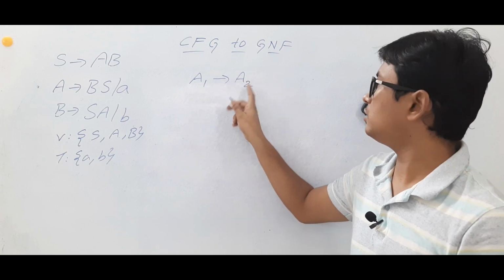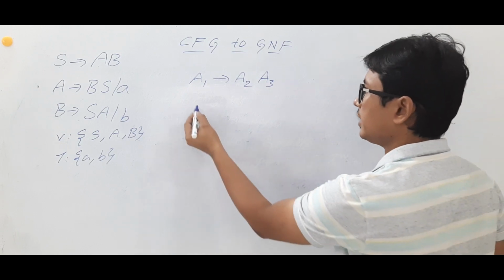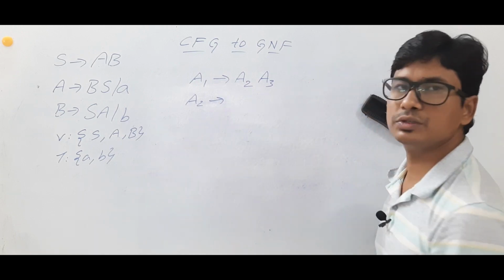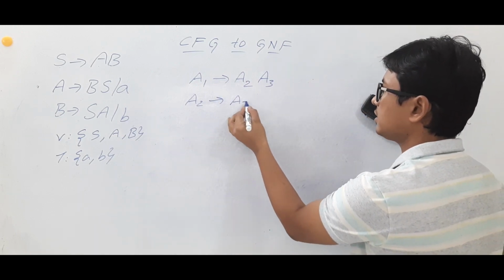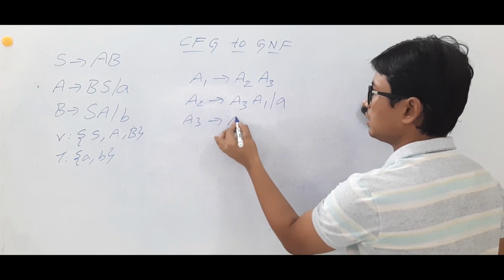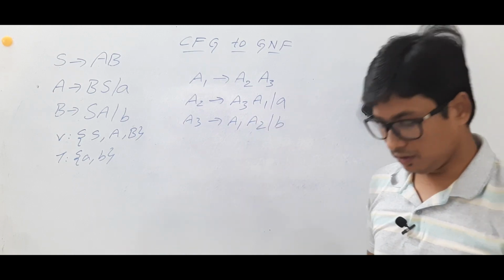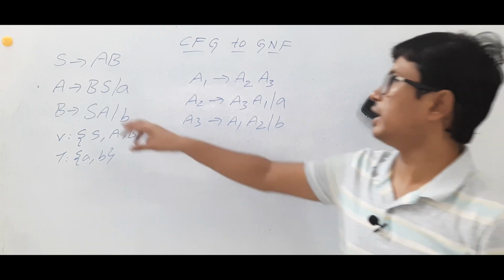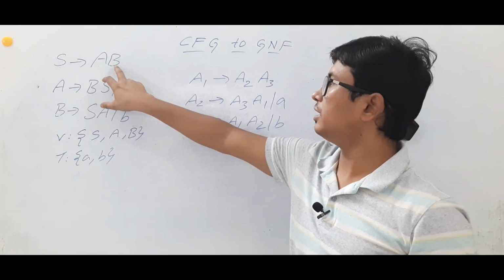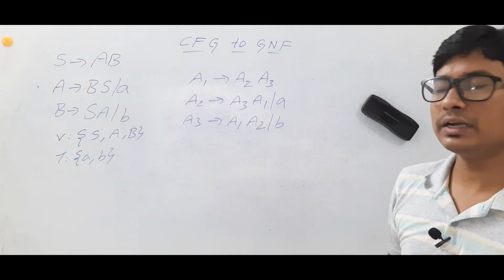So increment the I value, it will become A2. Then next B, it is A3. Then again A, already we have assigned a value called A2, a new symbol A2. And then A3, A1 or A3 determines A1, A2 by B. Are you able to understand? See, I have given the symbol A1 to S, A2 for A, A3 for B, and it was repeated, so I have used it. Now what is the next rule?